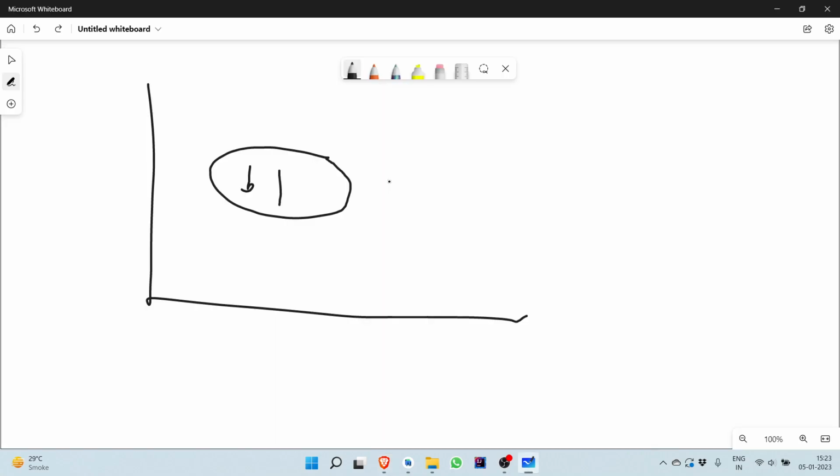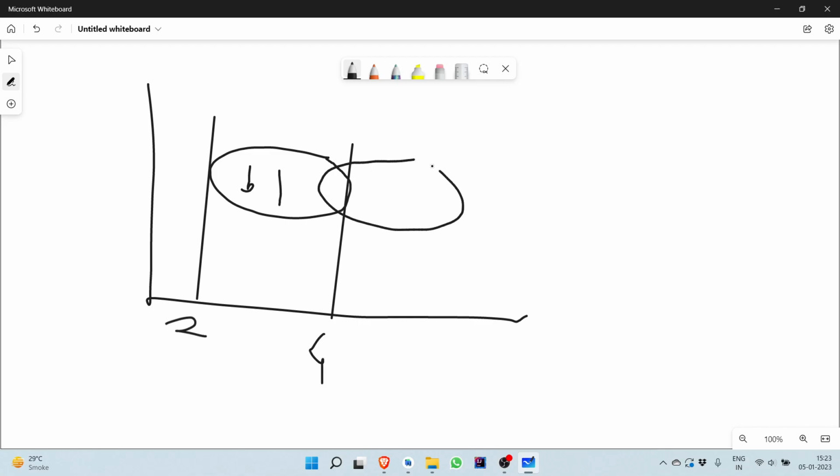So think of balloon 1 as this balloon, and suppose it lies between x equal to 2 and x equal to 4, and we have a second balloon which lies between x equal to 3 and x equal to 6. So these are two balloons, right? So now if I ask you the minimum number of arrows to